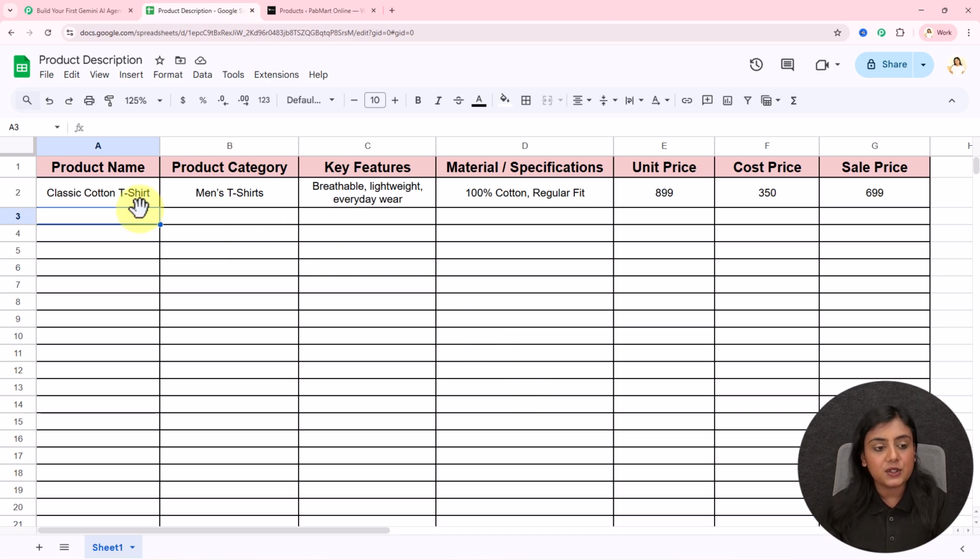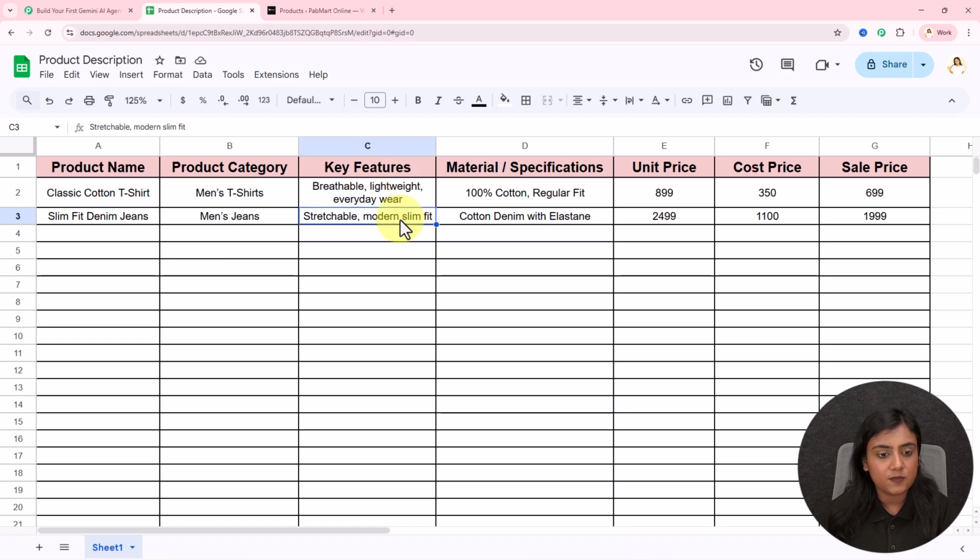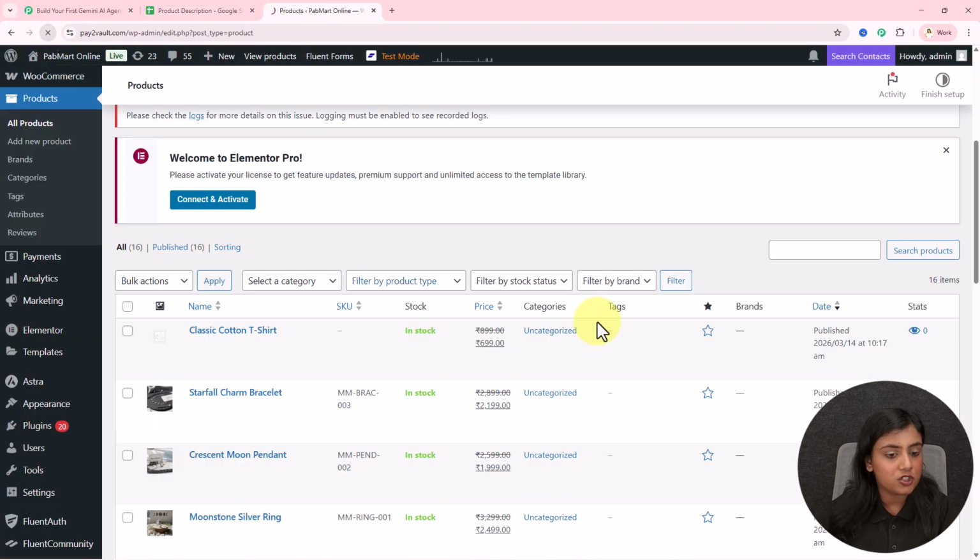Okay. So now let me add in the details of the new product right here. I've added the details. Product name is Slim Fit Denim Jeans. Category is men's jeans. Features is stretchable, modern, slim fit. Material is cotton denim with elastic. You can see right over here, unit price is 2500. Cost is 1100 and the selling price is 1999. Okay. So as I've added the details, let me go back to my WooCommerce store and refresh the products page